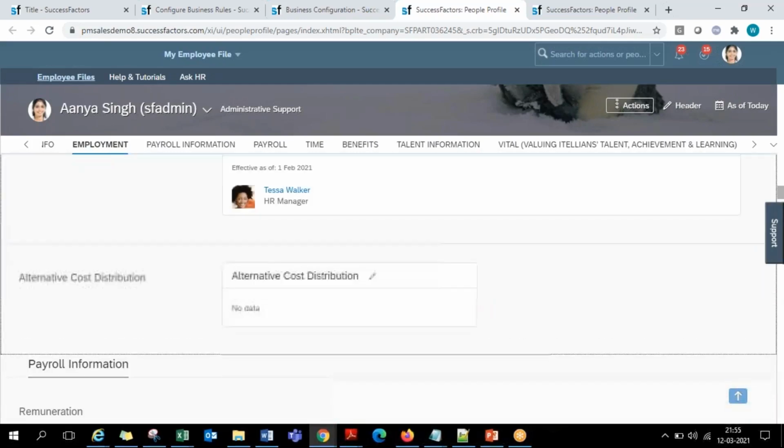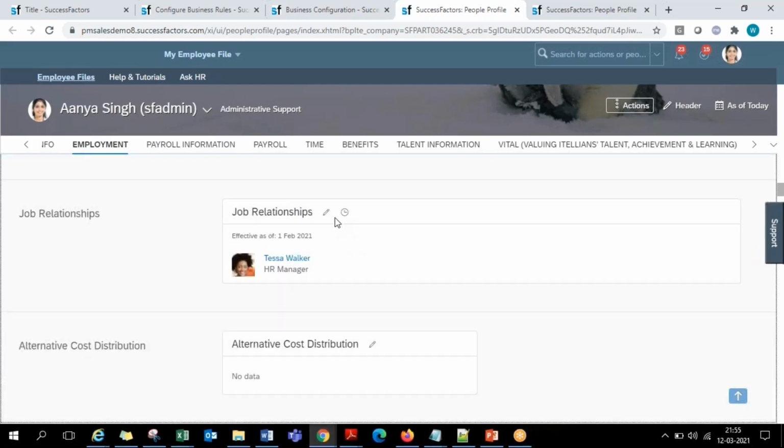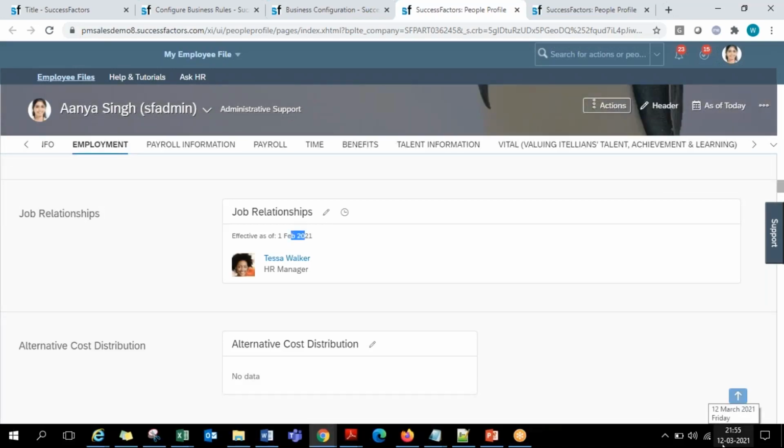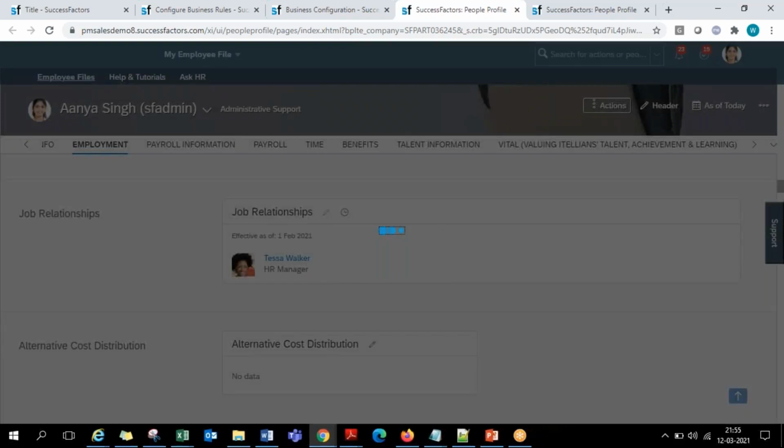In the job relationships, I guess there is a job manager maintained from 1st February 2021. Okay, just give me a second.